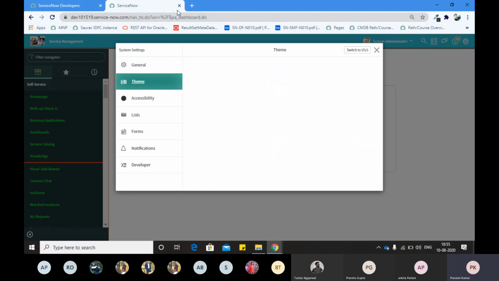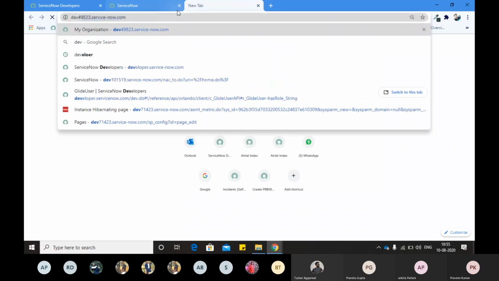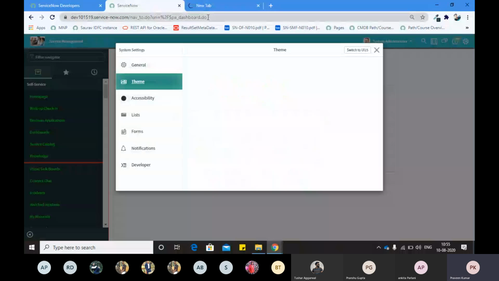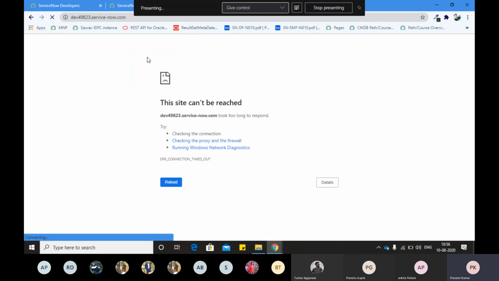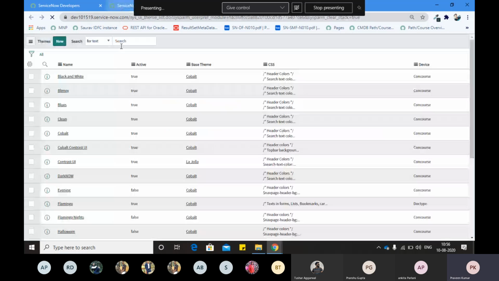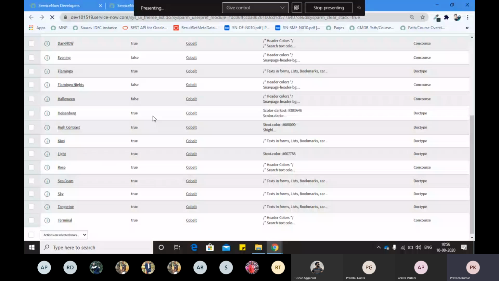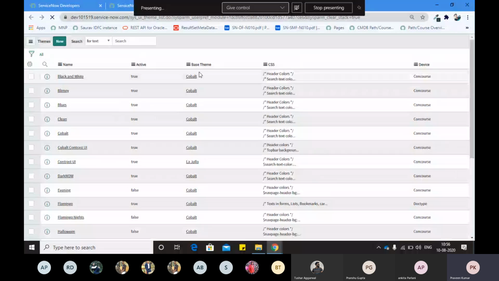What is happening with this instance? I do not remember exactly what I did on this instance, because I opened this instance after a long time, right?